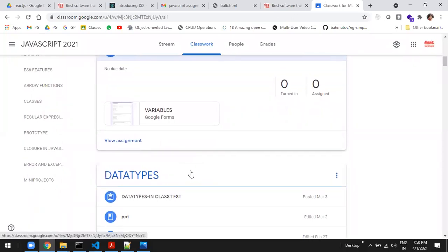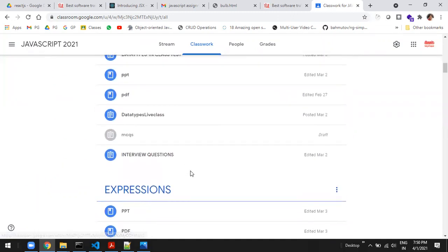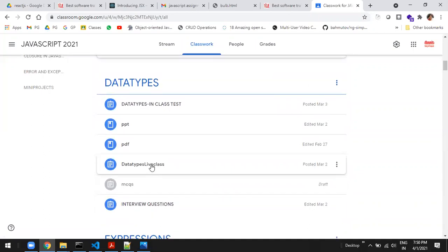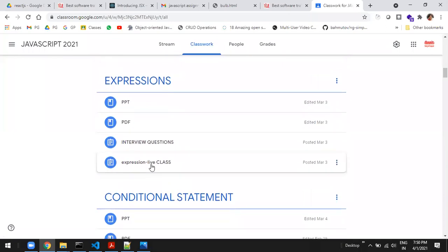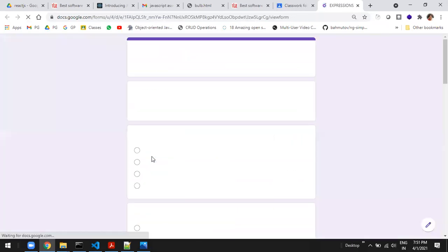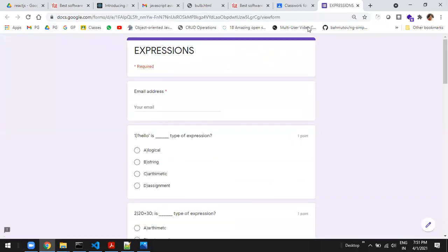So that is my evaluation. I evaluate how you are going. Every day these assignments and questions will be given, and definitely the live class test will be there. Even on expressions, people have performed live class tests. In the last batch, we got the, oh, I don't have the access.